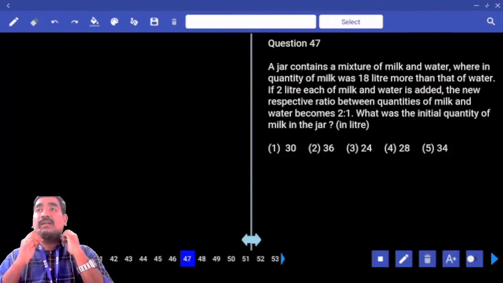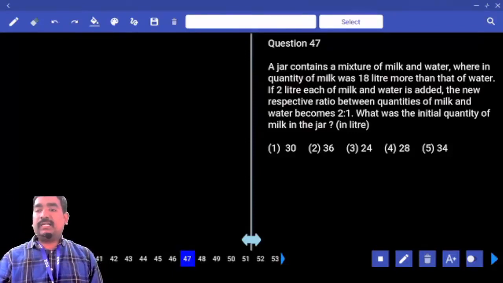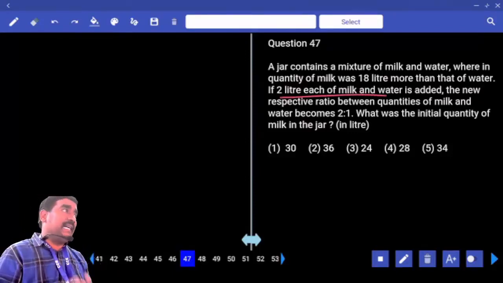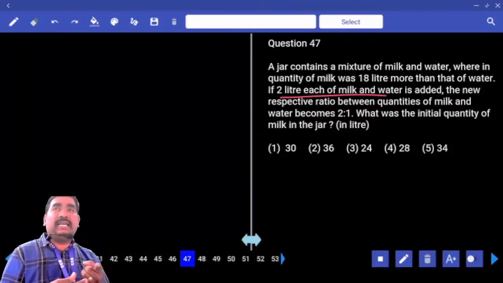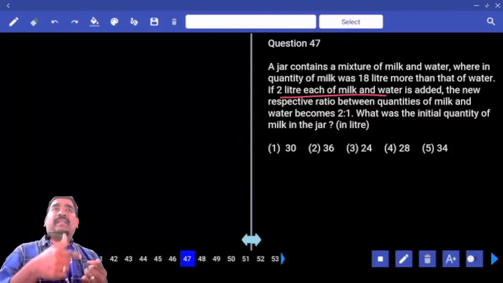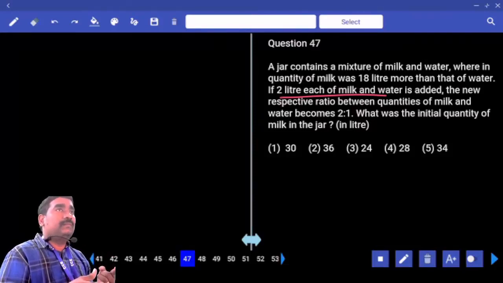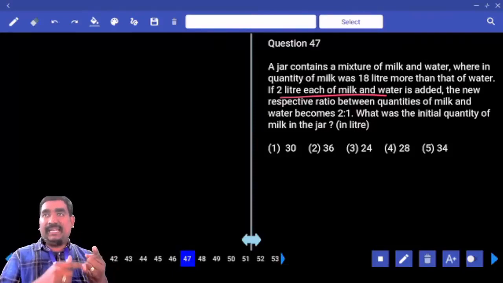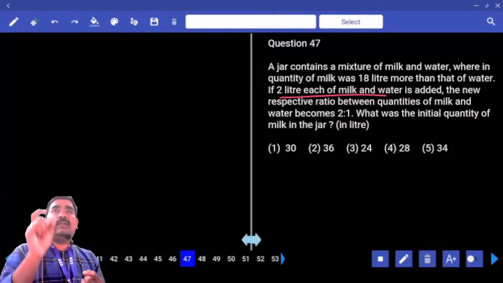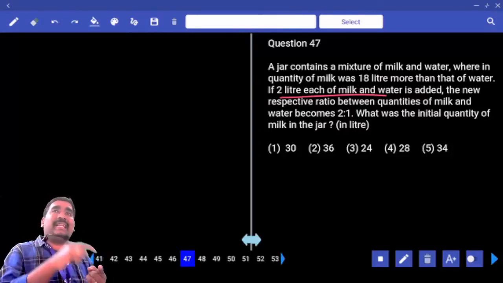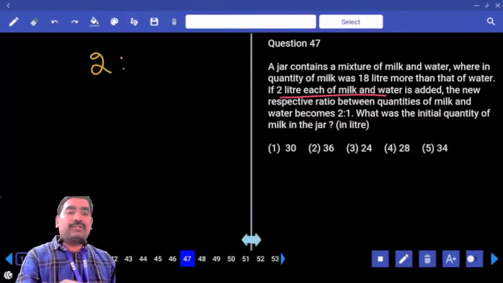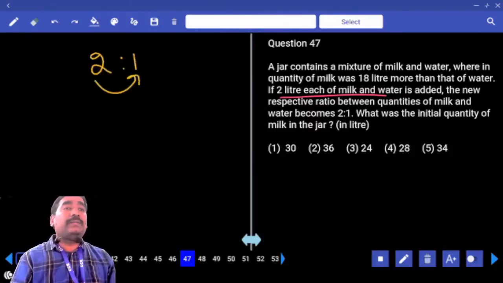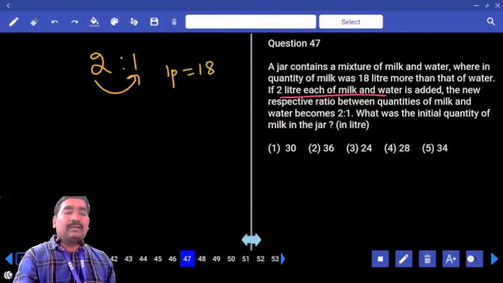2 liters of milk, 2 liters of water were added. Equal quantities of milk and water were added. It means again the difference is also 18, or not? Initial difference is 18. In between, equal quantities were added, so the difference is again 18 only. Ratio 2:1. 2 parts minus 1 part. 1 part value is 18 liters. 2 parts value